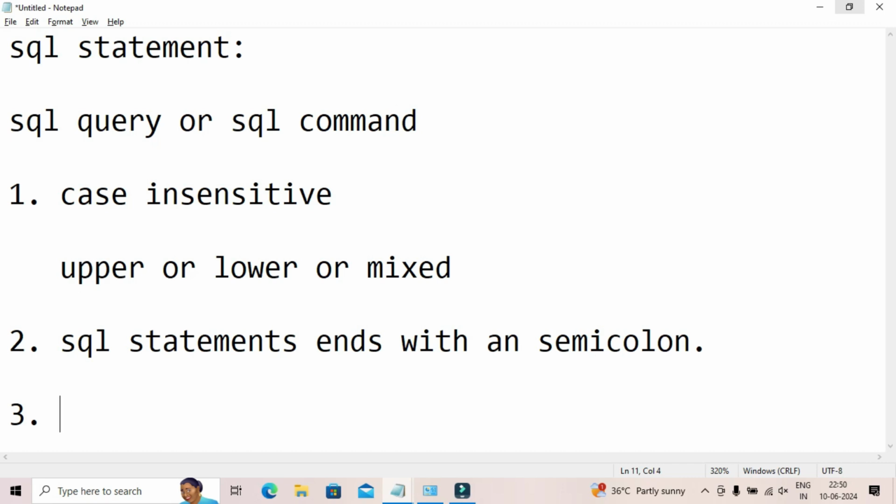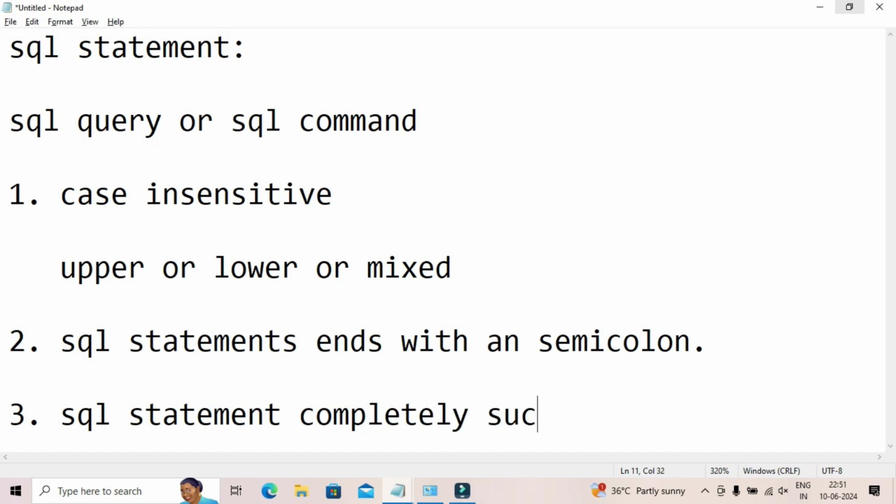After executing an SQL statement, you will get the result. But if your SQL statement has an error, just remember: